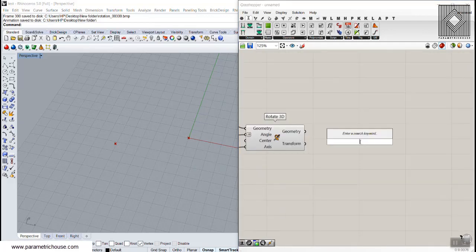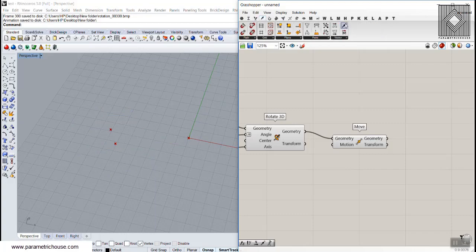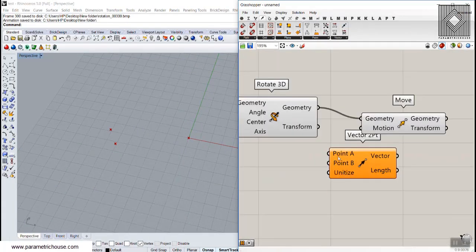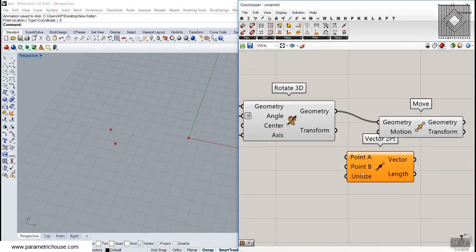So now I'm going to again move this. Now I'm going to move this point. So we need a vector to move this point in this direction, so we can now rotate this around the point. And we can simply use a vector and a vector 2 points now, and start from 0. Okay, I'm going to start from 0, and the point B will be the point here.